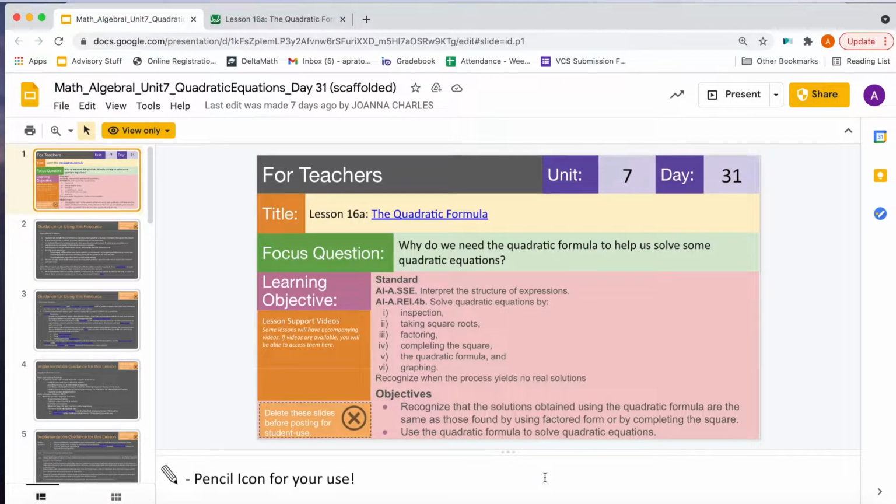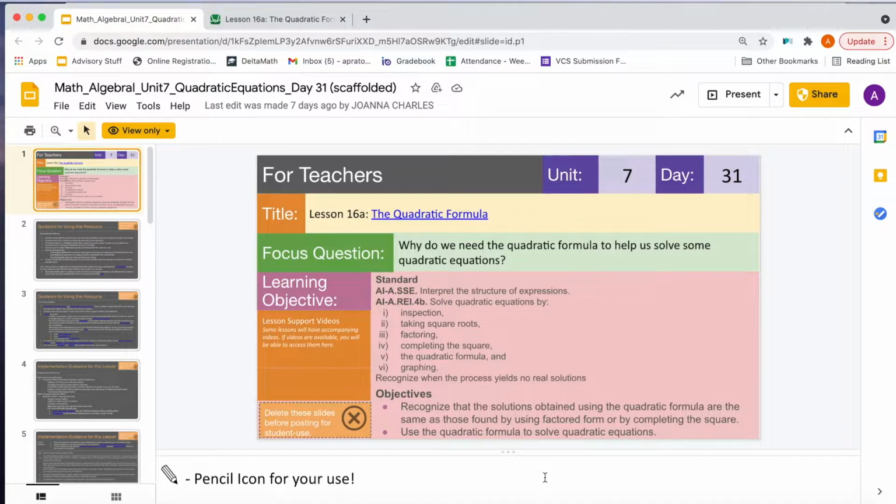In this video, I'm going to give you some strategies and tips for when you are facilitating the summary conversation for Unit 7, Day 31, Lesson 16a, the quadratic formula. The focus question of this lesson is, why do we need the quadratic formula to help us solve some quadratic